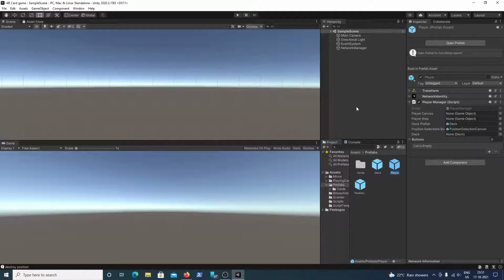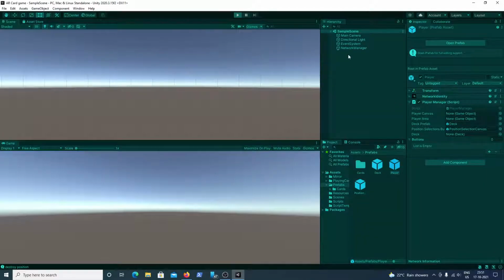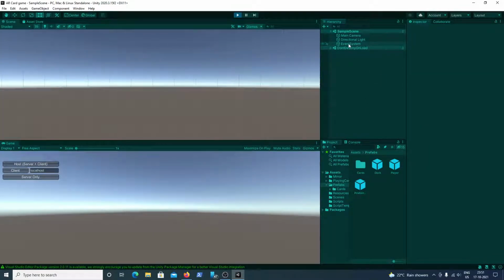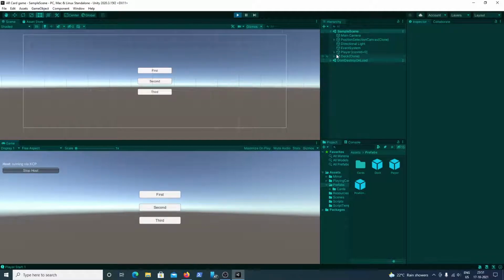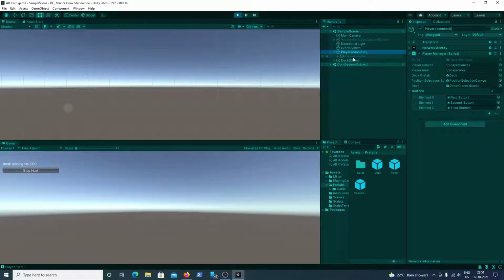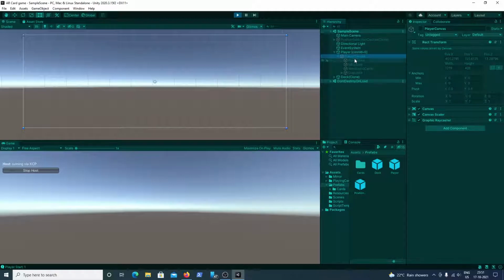That means there was a point of time where the canvas was enabled, right? So now if you see here, in the player game object it is enabled. That means when it is spawned, it will be enabled. But as I told, first let's disable this, since the script will disable the player canvas later on.